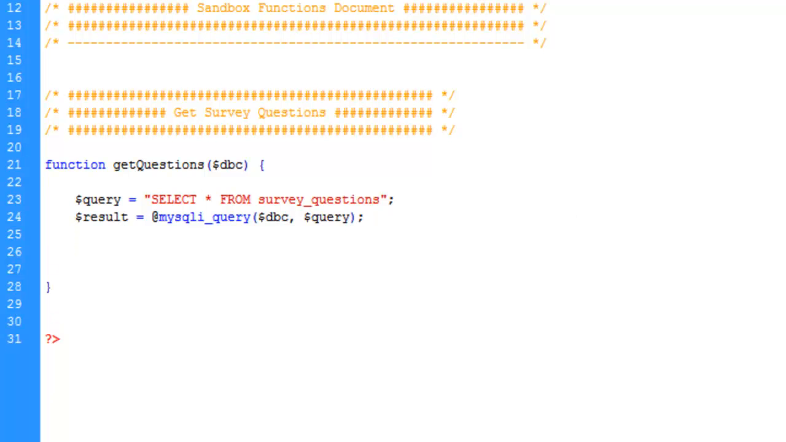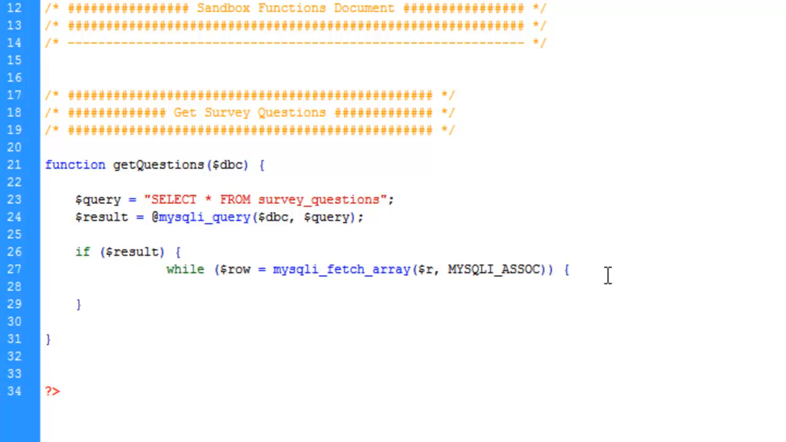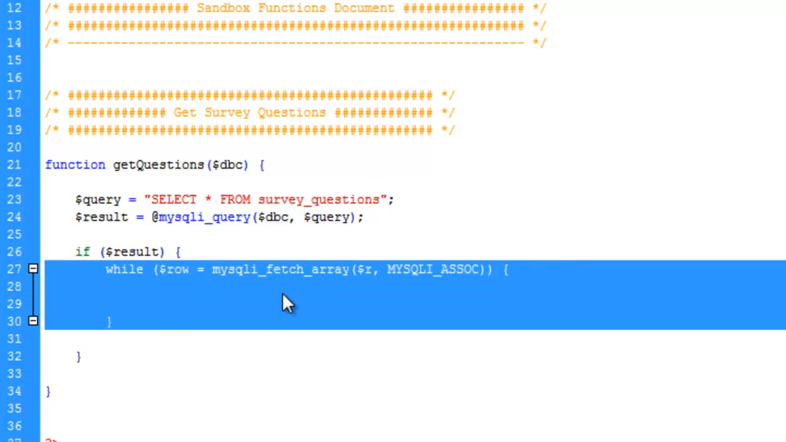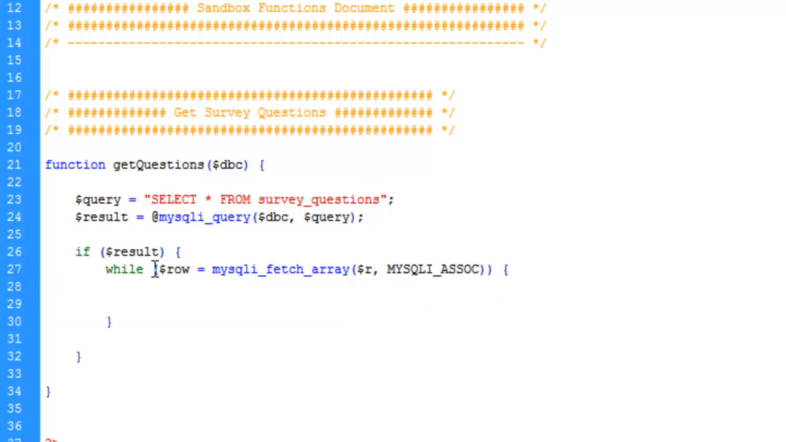Now what we need to do is retrieve that information. So we're going to say if result, and what we need to do now is run a while loop, which I'm going to paste from a previous document. While loop has the curly brackets as well. Let's go ahead and knock this back. So what we're saying is while the row variable, which we are creating at the moment, equals the MySQL fetch array function,